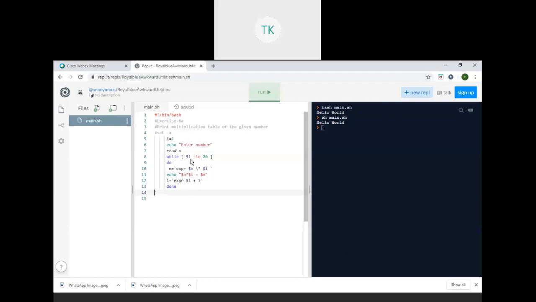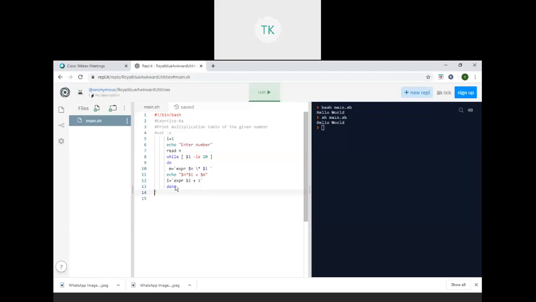Here I check 3 less than 20, it is true. Again I check the value, 3 threes are 9. So the 9 value will be stored within m, and then I use the echo statement, 3 into 3 equal to 9.